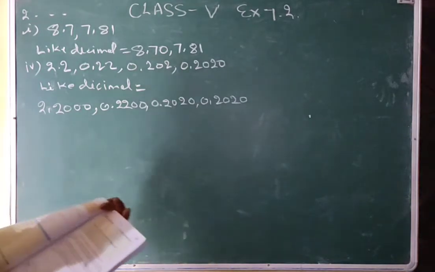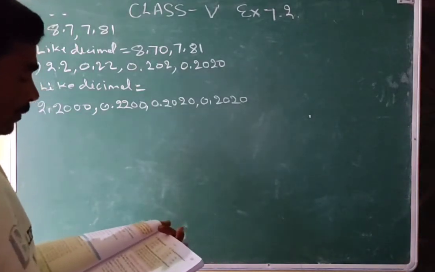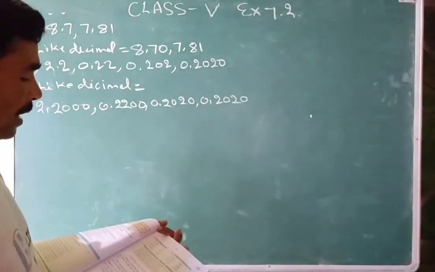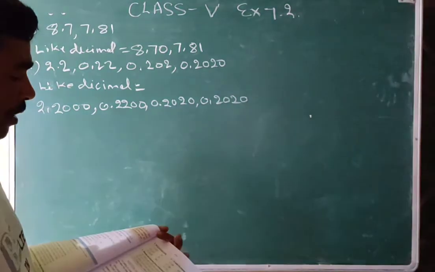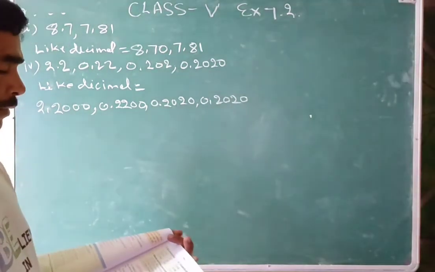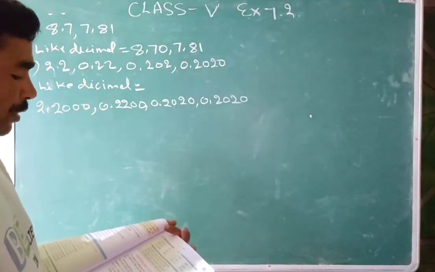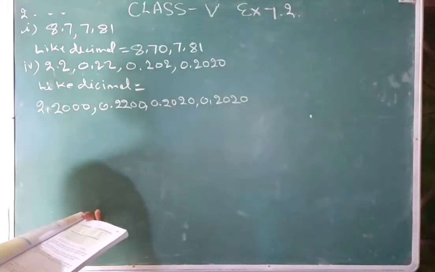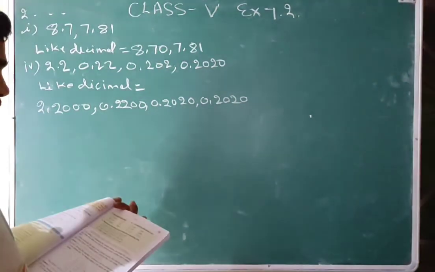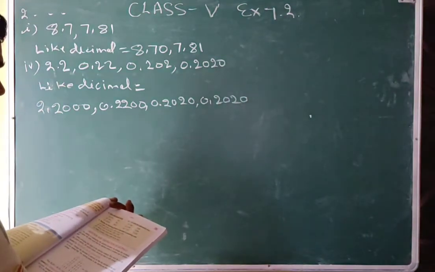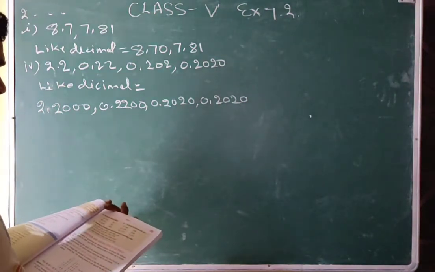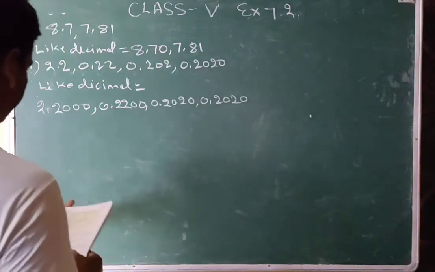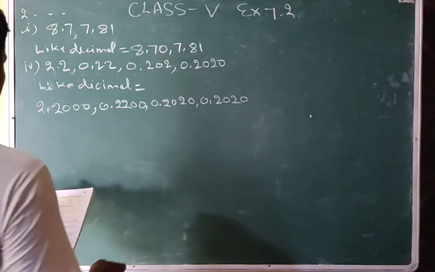And then the third question, no problem, because it is fill in the blanks, so you can do it in your book. You will put the sign: if the digits are the same, then you will put is equal to. If the first number is greater, then you will put the first sign. If the second number is greater, then you will put the second sign.